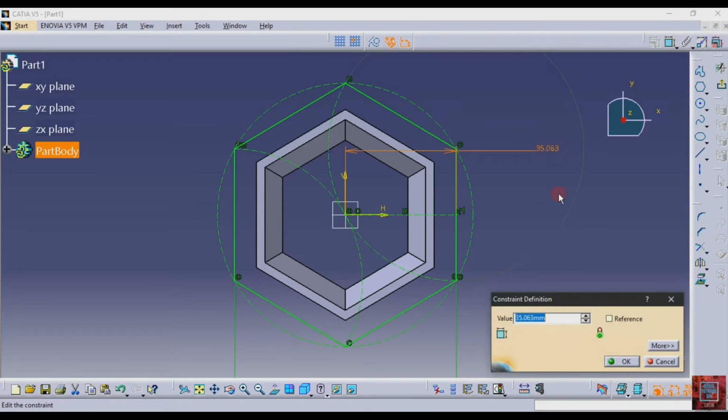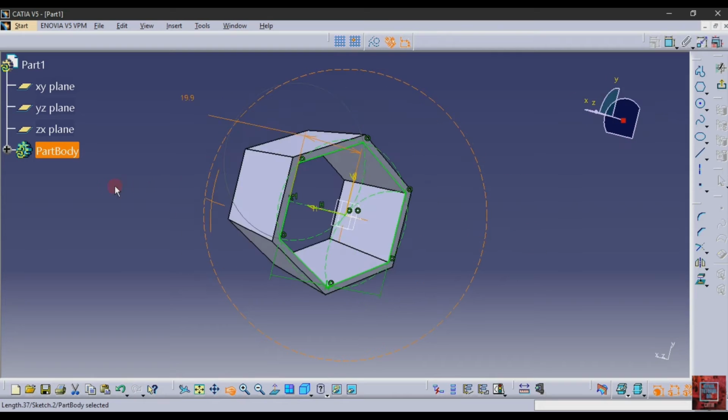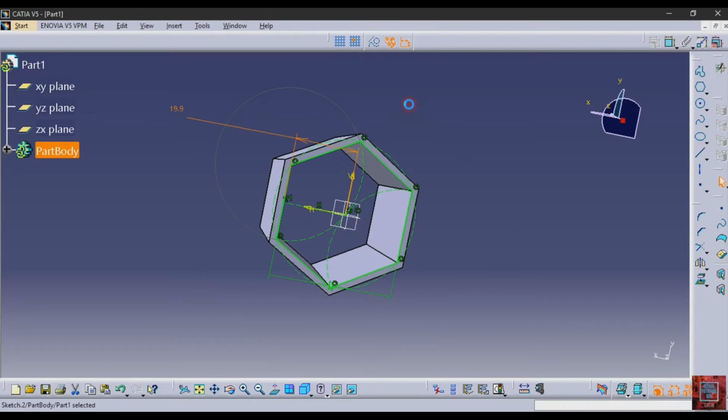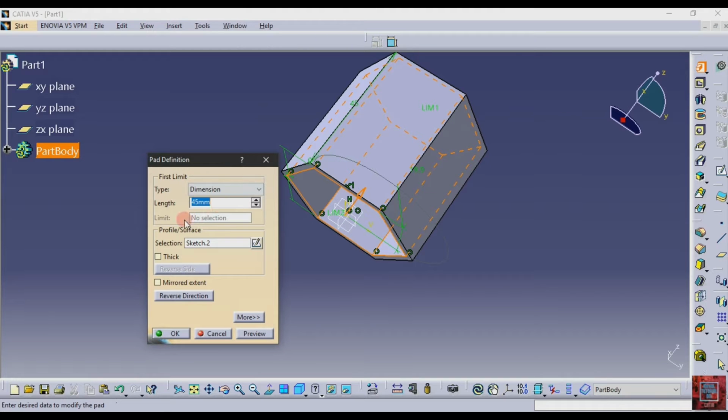Double click on this and type here 39.8 divided by 2, and then exit sketch and pad at a distance of 3.